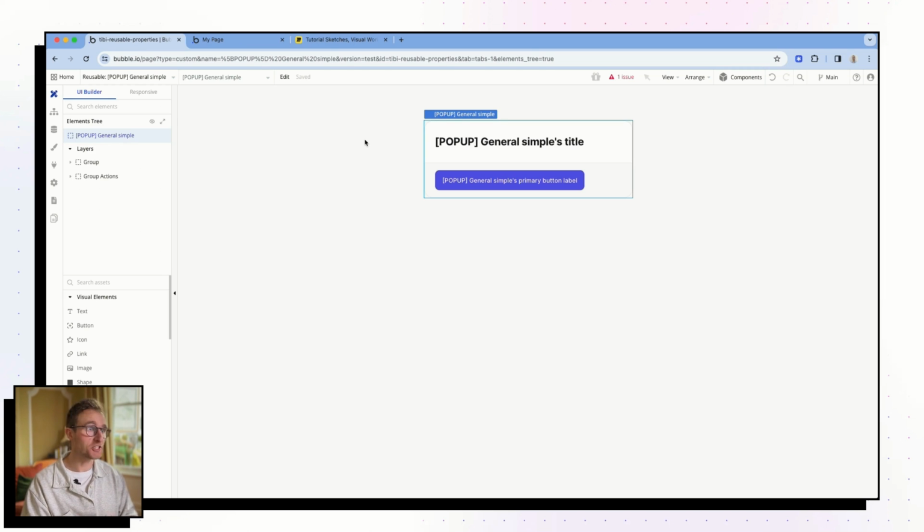You're going to be using this everywhere. It's not just for pop-ups, right? Banners, it could be empty states, even tables. I've used this for tables of data where you want to show some columns in this context, other columns in another context, anything where the general gist of the module remains the same, but there are slight variations, slight tweaks depending on the context. Great use case for using a reusable element, bake in some properties so that you can make it modular, use it in different contexts. You'll never build the same way again.